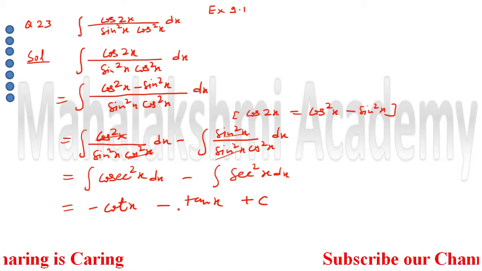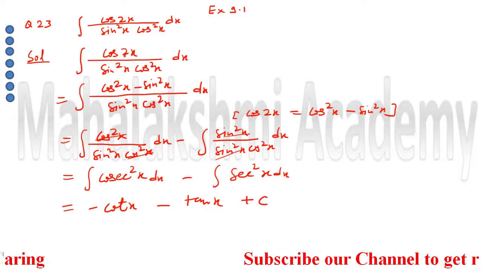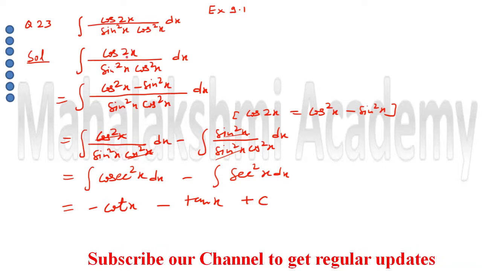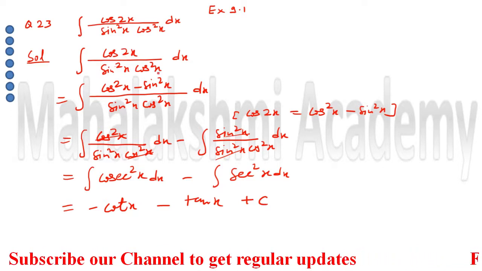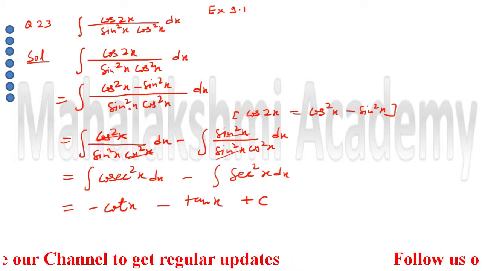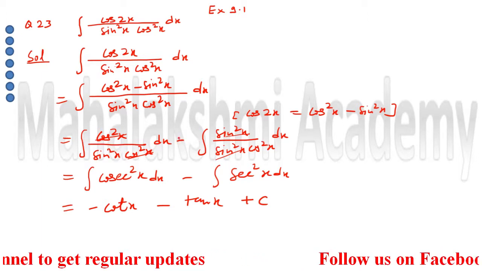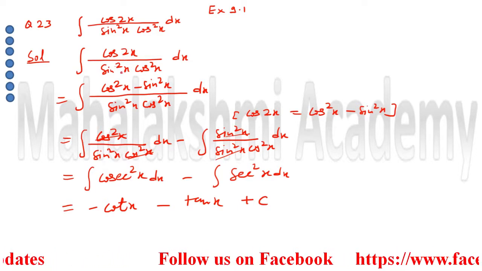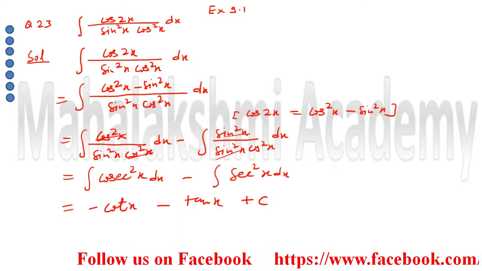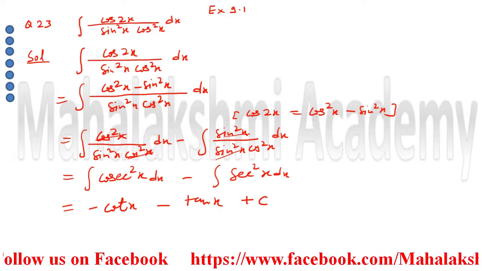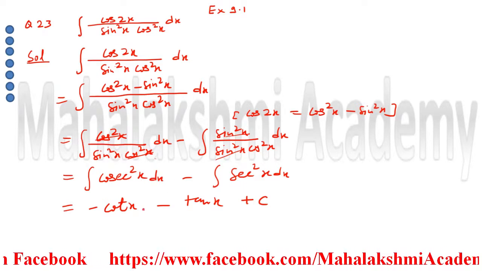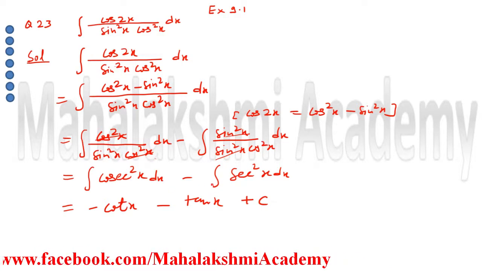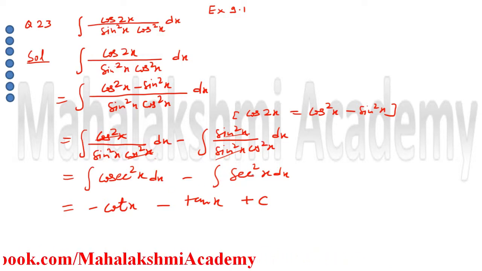So in question number 23, how did we start? We started by using the formula of cos 2x. Why is there a need to use the formula? Because here the angle is 2x but there the angle is only x. Until the angles are the same, we cannot cancel them or proceed. That's why we should try to make the angles the same. That gives you the idea that we should use the formula of cos 2x, which is cos square x minus sin square x. Then separate them. When you separate, you can easily cancel and get standard integration formulas, and by using them directly you get your answer. So like this question number 23 is completed.